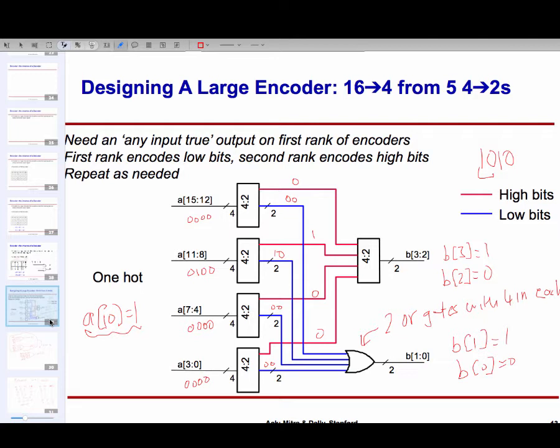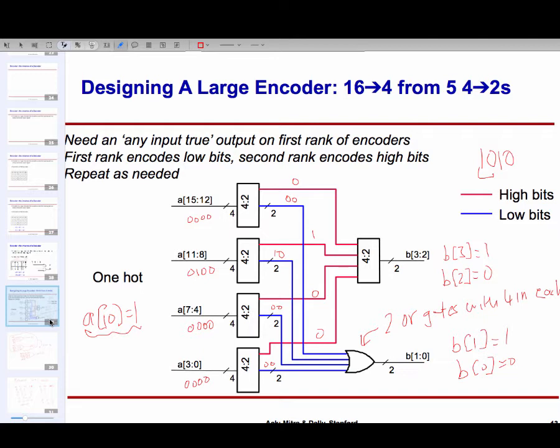And the blue wire's property is that if the input was not valid, the blue wire would be 0, 0. And if the input was a valid one-hot code, then the blue wire will take the appropriate value. So if the 4-bit input was 0, 0, 0, 1, then the blue wire would have the value 0, 0.